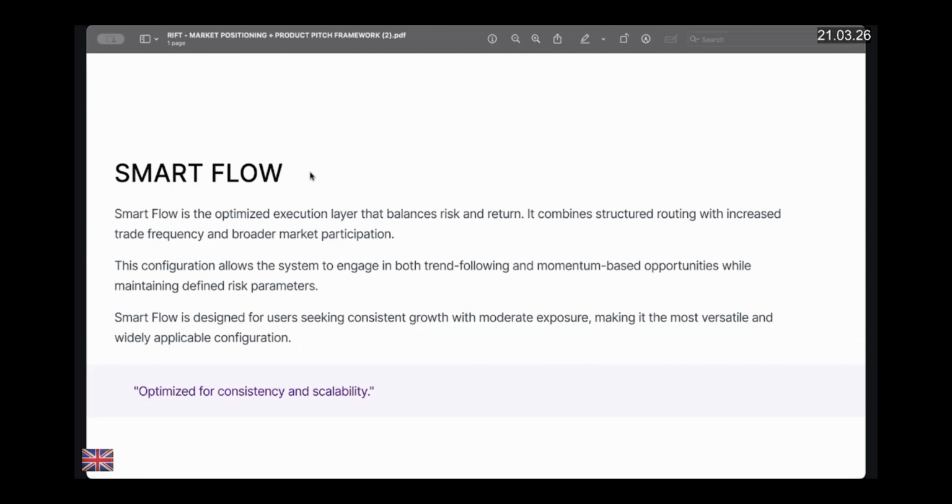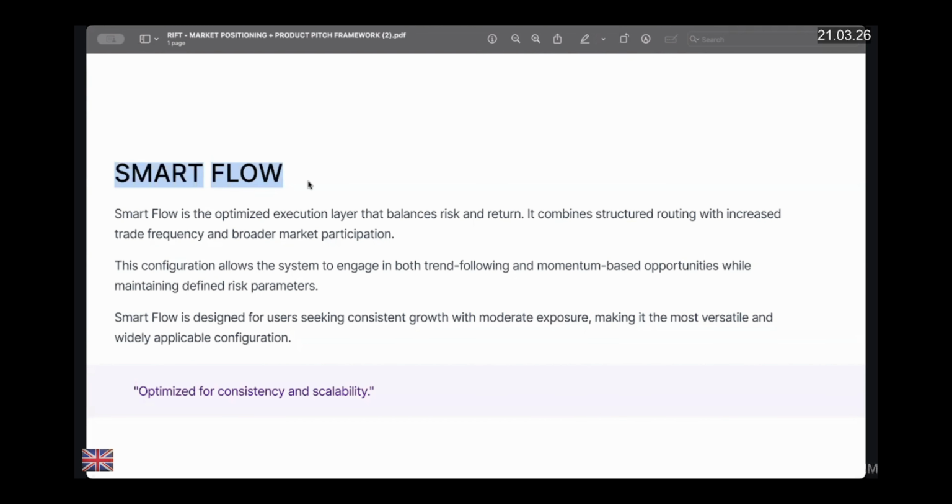Smart Flow is designed for users seeking consistent growth with moderate exposure, making it the most versatile and widely applicable configuration. I think we will be having almost 90% of our community on the Smart Flow strategy in the auto trading engine, because that would be the most versatile or most balanced strategy in terms of sniping profits every single day for you